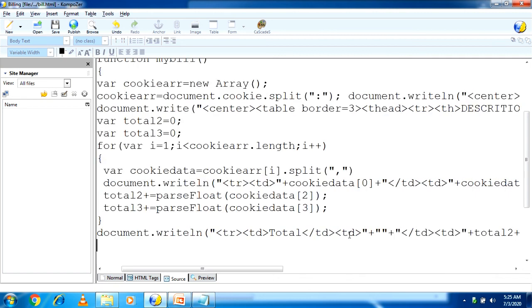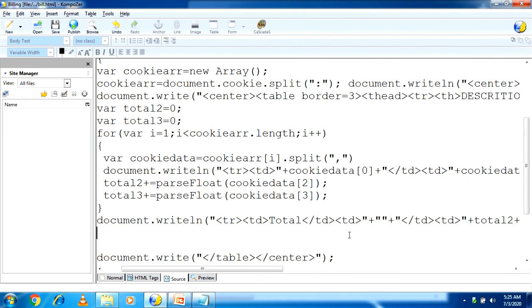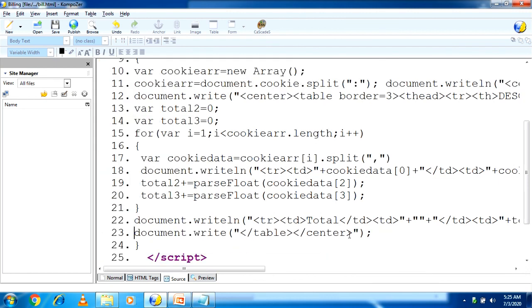Okay, and finally here document.write table tag close, center tag close, and the script is closed.